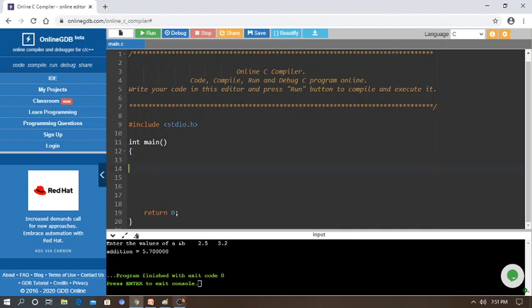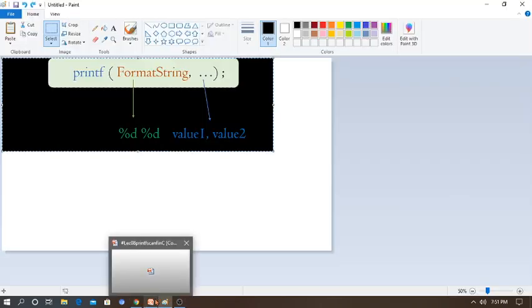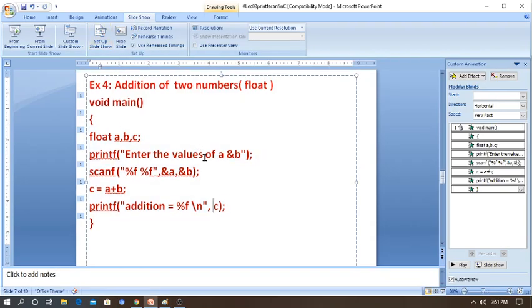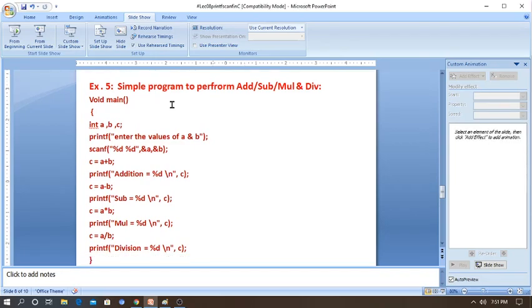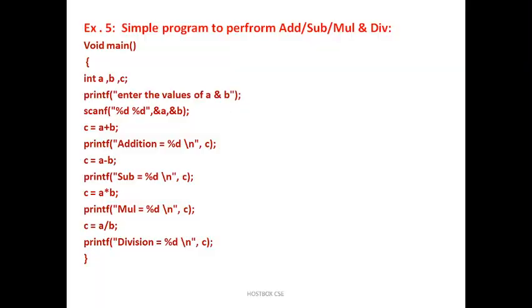Let's go for another example for better understanding printf scanf. We see the simple program here which is part of the simple calculator program. Yeah, here a simple program to perform addition, subtraction, multiplication, division. Is it possible? Yeah, in C program it support. Once you give the A value and B value, after that you can do number of operation, addition, subtraction, division, multiplication also. So same format.